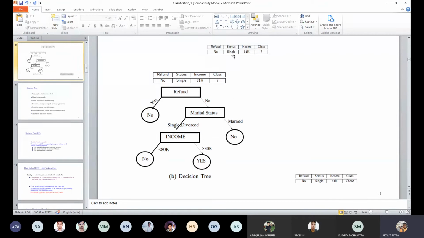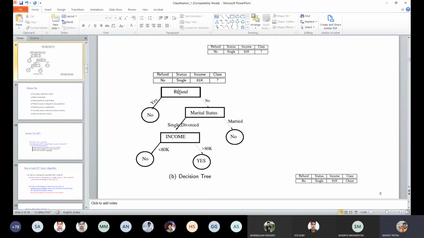So this is one attribute, marital status. Marital status, we are putting in two branches. One outcome will be single or divorced, another outcome will be married. Similarly, for refund, one is yes, another is no. So this is the test condition, a test on the refund value.